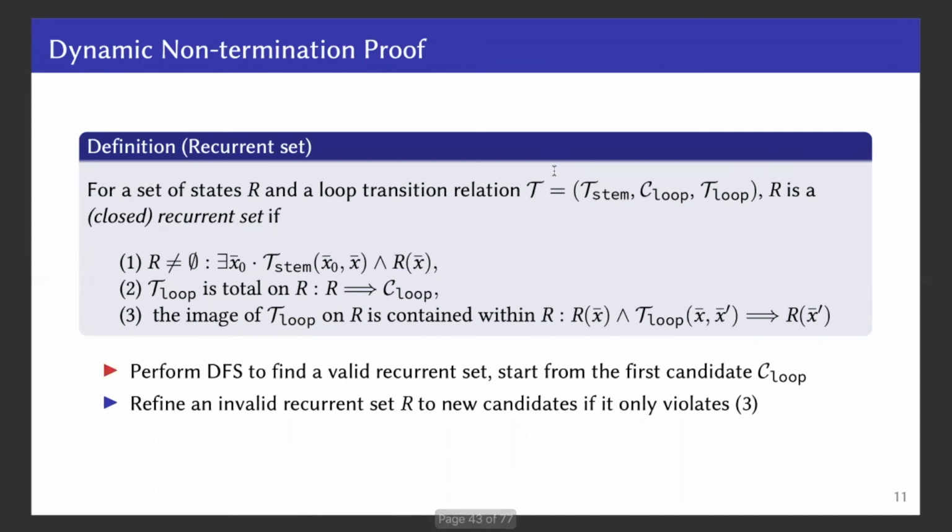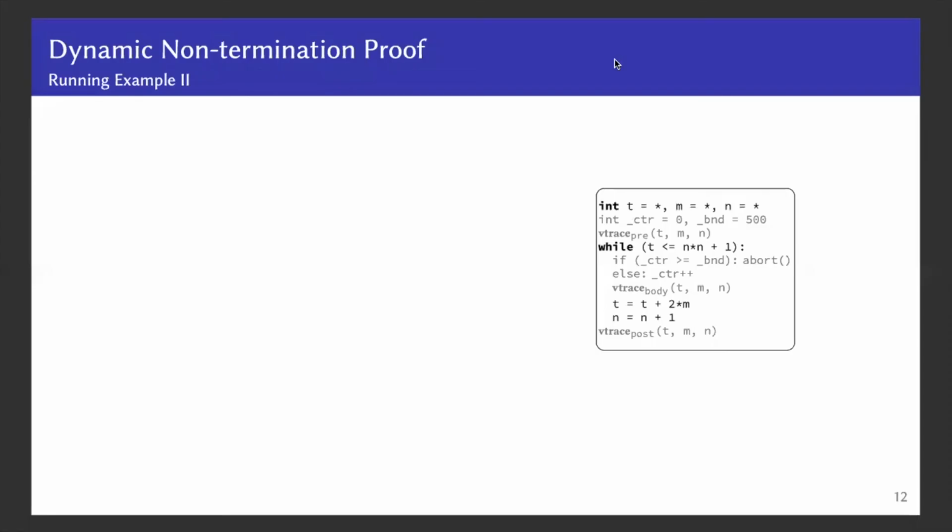Using the loop condition as the first candidate, we perform a search to find a valid recurrent set. When a candidate violates the third condition, we refine it into new candidates for the search. We use the example on your right-hand side to illustrate how an invalid recurrent set is refined to a valid one. We start with the loop condition t smaller than or equal to s squared plus 1 as the first candidate,